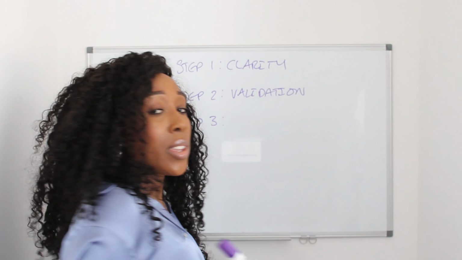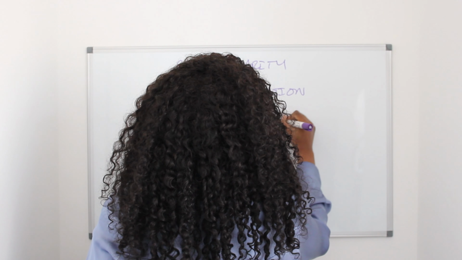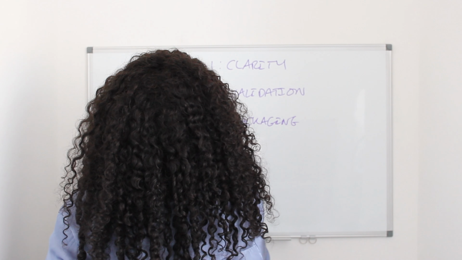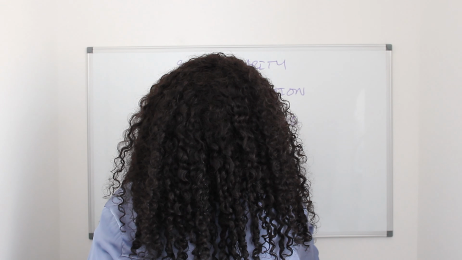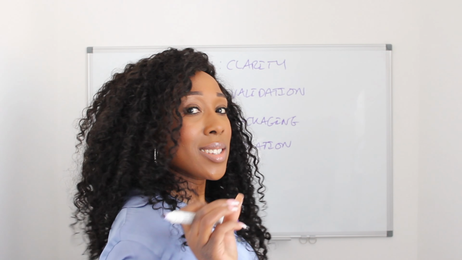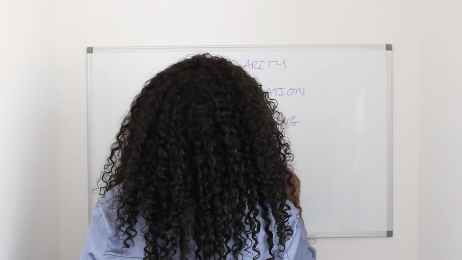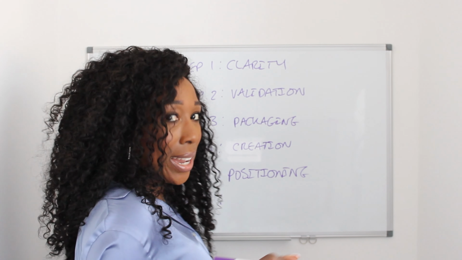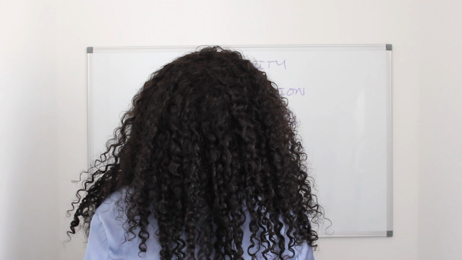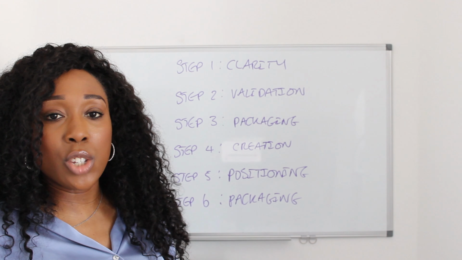Step three is called packaging. Step four is called creation. Step five is called positioning. And step six is called packaging. So hopefully you have all of these written down, and as we go through, I'm going to explain what each